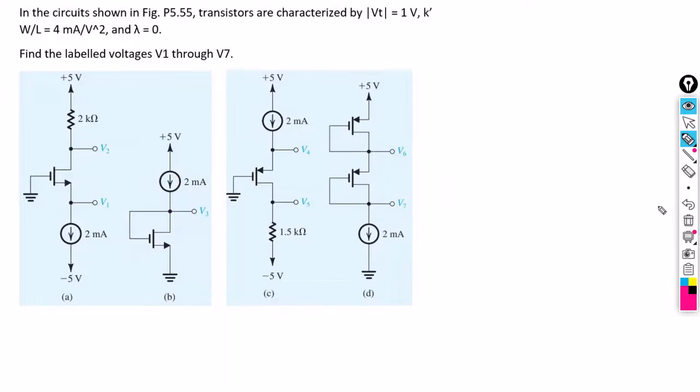Now let's go to figure C. Now instead of an NMOS transistor, we are given a PMOS transistor. So this one is the gate terminal, this one is the source terminal, and this one is the drain terminal. So we can write VGS as 0 − V4, that is, −V4. We can write VDS as